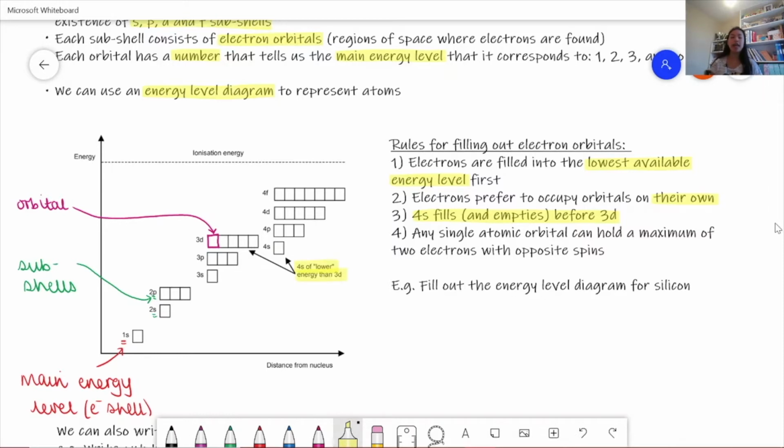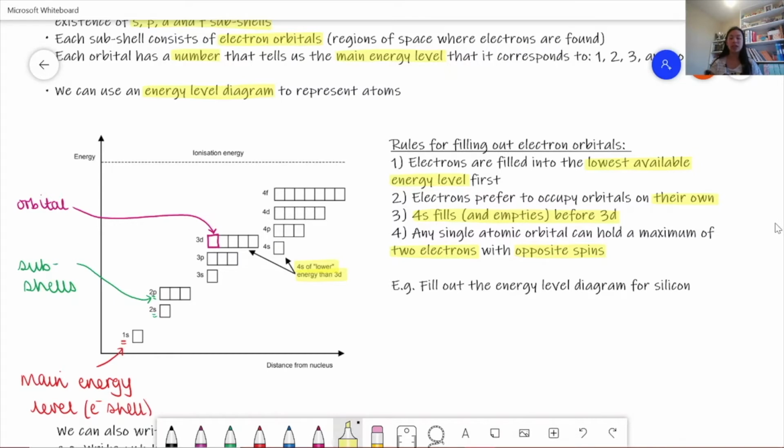And then finally, any single atomic orbital can hold a maximum of 2 electrons, and they have to have opposite spins. What we mean by opposite spins is that one will spin clockwise, whilst the other one will spin anti-clockwise. So, for example, if we look at how to fill out the energy level diagram for silicon, the first